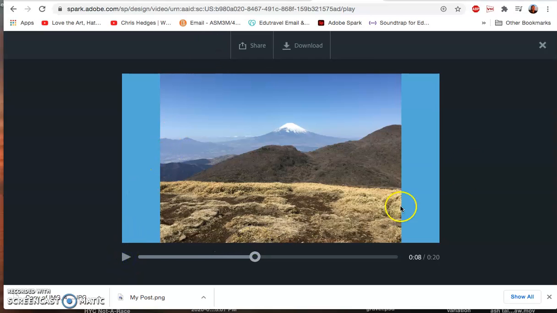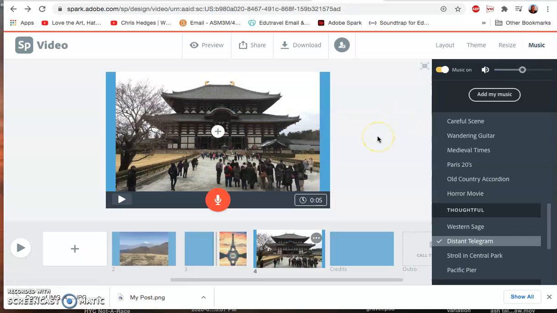So that's basically how you add music to your slideshow in Adobe Spark. And that's pretty much all there is to know about how to do this. Now, if you want to edit the music, if you need to add narration over top of this and then change the music volume up or down, you're out of luck. Adobe Spark, once the music is in there, it's set at whatever volume you set it at here for the